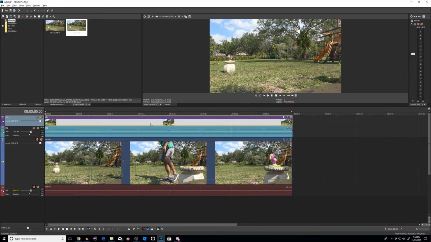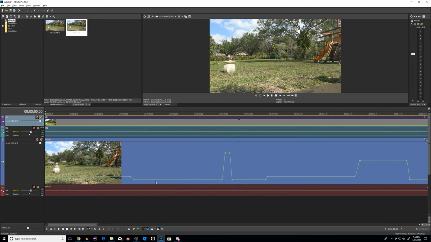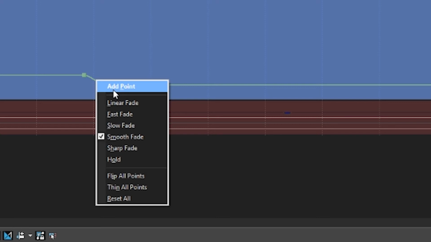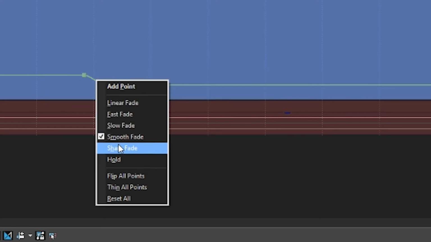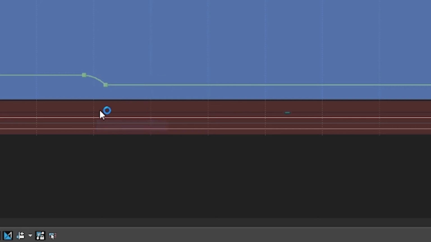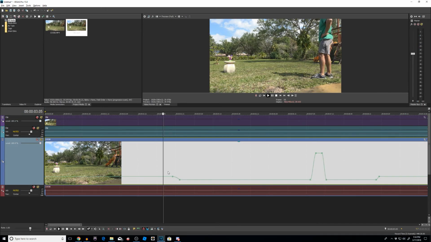Now, let me give you a couple more details or insights into the speed ramp. I'm going to mute this, and let's take a look at our track again. Now you can see right here, like I said, here's the ramp parts, right? And you actually can manipulate the speed of this. For example, if I right click right here on this line, we have options to have a smooth fade, a slow fade, fast fade, sharp fade, all that stuff. So we can put a slow fade, and you can actually see here how it plays differently,